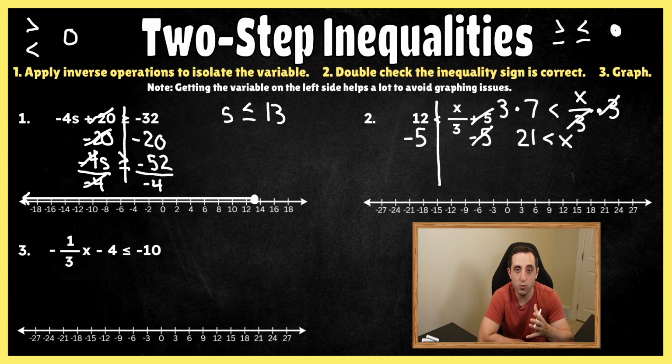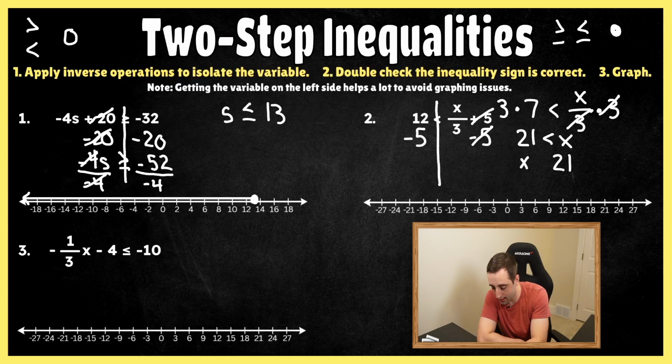But again, I always want to get the variable on the left side. So I'm going to move x over here, 21 over here, but that's going to cause our inequality sign to flip direction. So whenever you move from the right side to the left side or left side to the right side, the inequality sign needs to flip. So instead of it being less than, this final answer is going to be x is greater than 21,